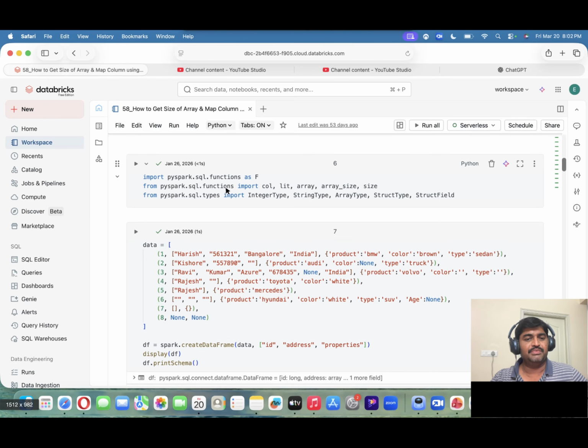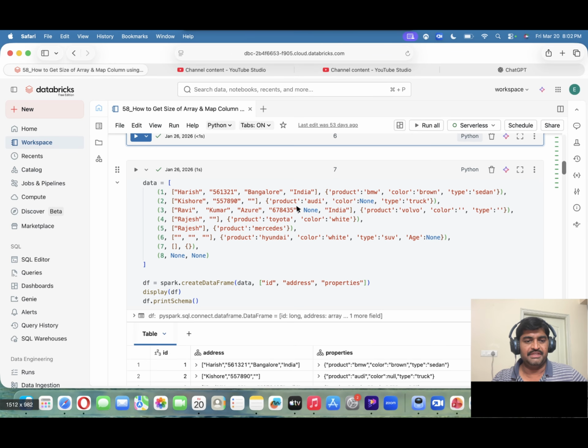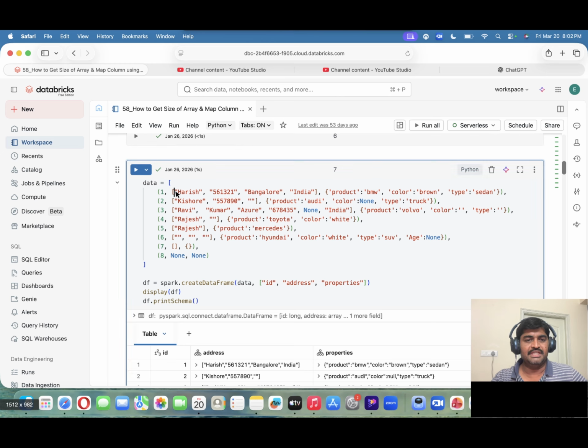First I'm importing the required functions, mainly array_size and size. For defining the schema, from pyspark.sql.types I'm importing all these types here. First I'm creating one sample data frame. The data is like this: the first column is ID, that is these numbers. That is the first column, and the second column is